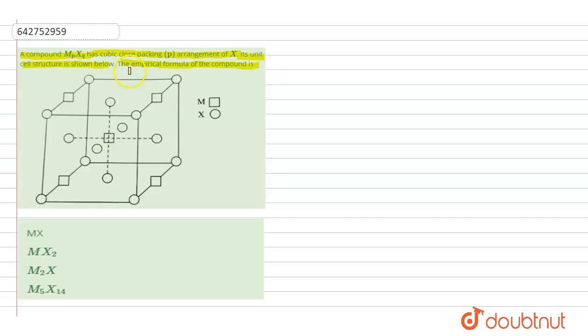So here we have the structure, and you can see that in this structure, let this X be represented by red color here, and this M will be represented by blue color. So here first of all we see about the number of atoms of M here. You see that the number of atoms are present at the edges of this structure, and one atom present at the center. So from this, the number of atoms